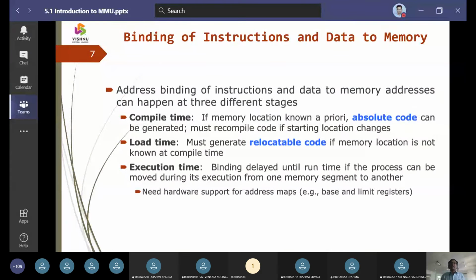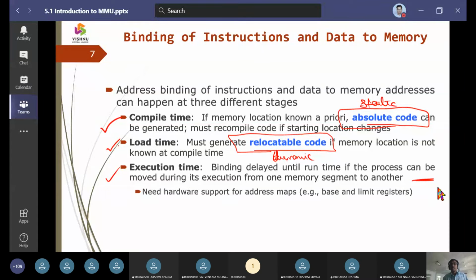During this address binding, we have three primitives. One is compile time. Another is load time. And the third is execution time. Compile time is totally static. Therefore, we call it absolute addresses, or absolute code. As far as the loader is concerned, we have some loading modules which are done at runtime. This is called dynamic binding. So one is static binding, and the other is dynamic binding.